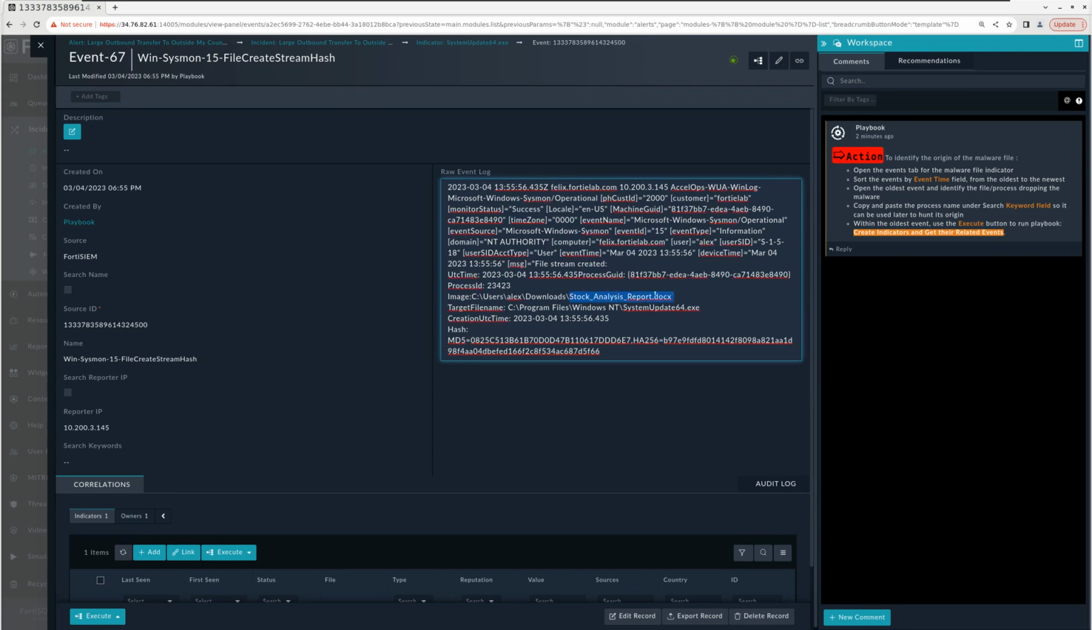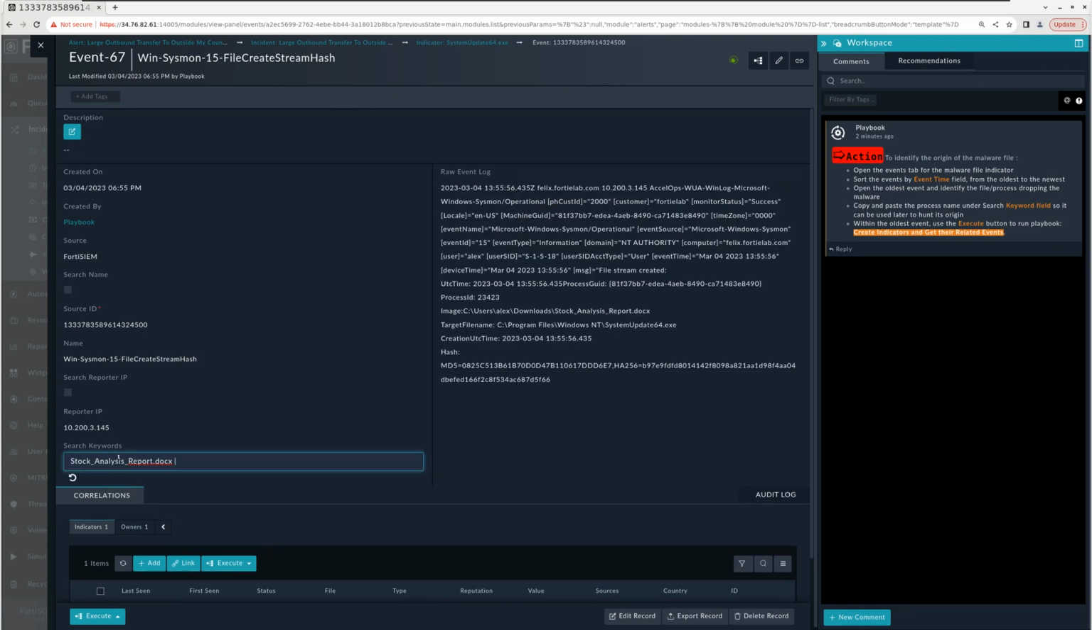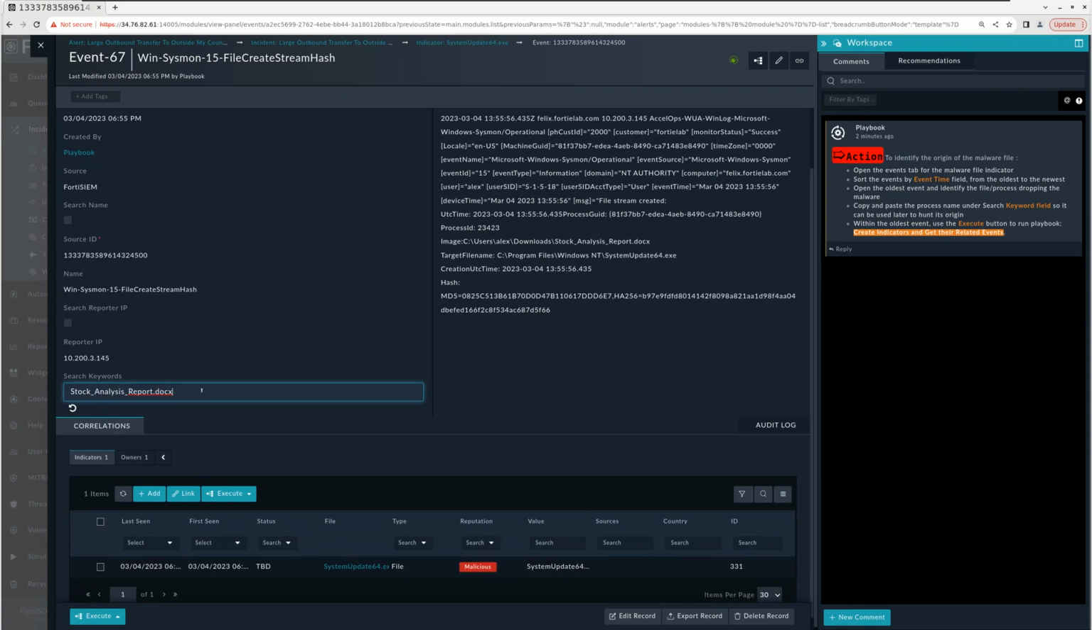Now what we can do is push the investigation further. We can copy this file and then run yet another search on the SIEM to see what events have this file name in it. To do that, we have a playbook called "create indicators and get their related events". So we can use one or more